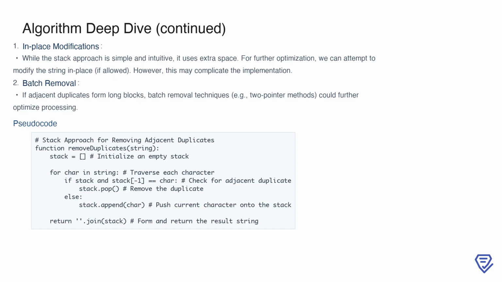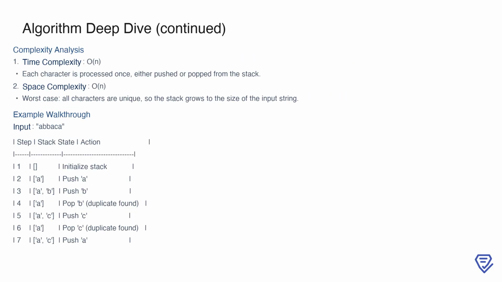This pseudocode provides a clear, step-by-step outline of the algorithm and highlights its simplicity and effectiveness. To analyze the complexity further, the time complexity of this algorithm is O(n), because each character is processed exactly once, either pushed onto the stack or popped from it. The space complexity is O(n) in the worst case when all characters are unique, and the stack grows to the